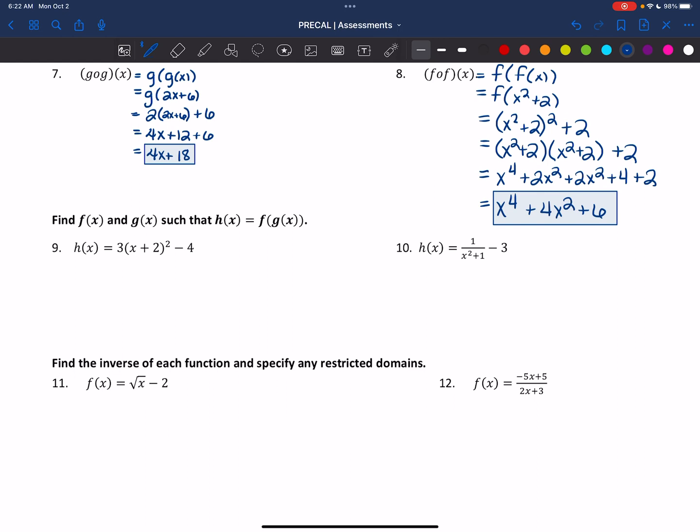We want to find f and g such that this h function is actually the composition of f and g. Well, like I have done before, I like to first find the inside function g, and then the outside function. So g, I'm looking for an expression that an operation is happening to. I'm seeing here that it looks like I could take x plus 2, and if that's the inside function,